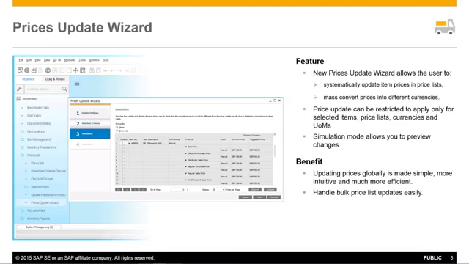Maintaining price updates has become much simpler and easier using the new Prices Update Wizard. It allows you to update item prices in price lists systematically and in bulk. You can even convert prices into other currencies. Updates can be restricted to apply only for selected items, price lists, currencies and unit of measures. And a new simulation mode shows you all of the suggested changes before you decide to commit and execute the